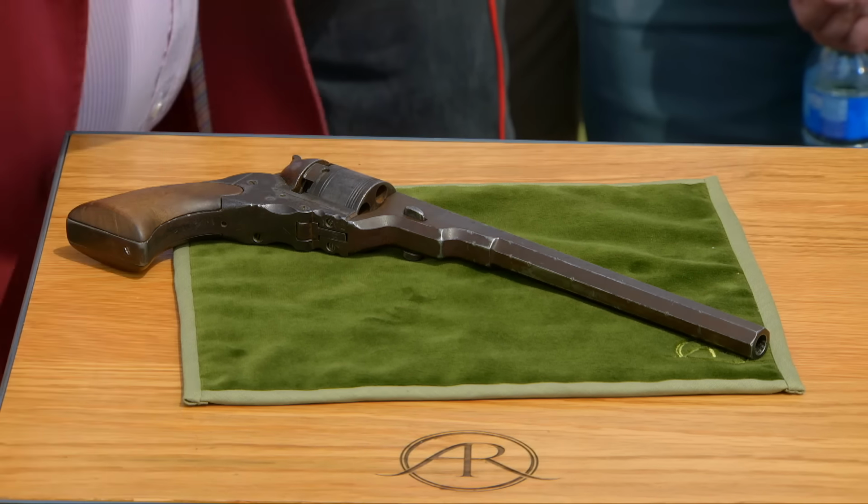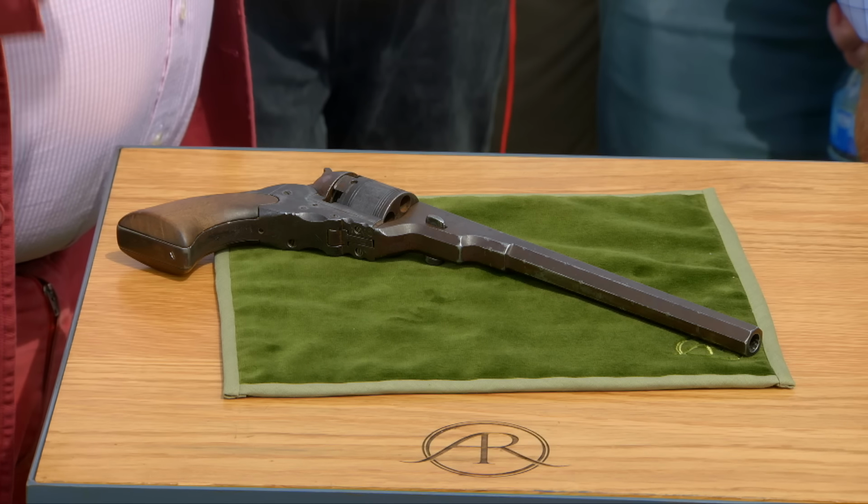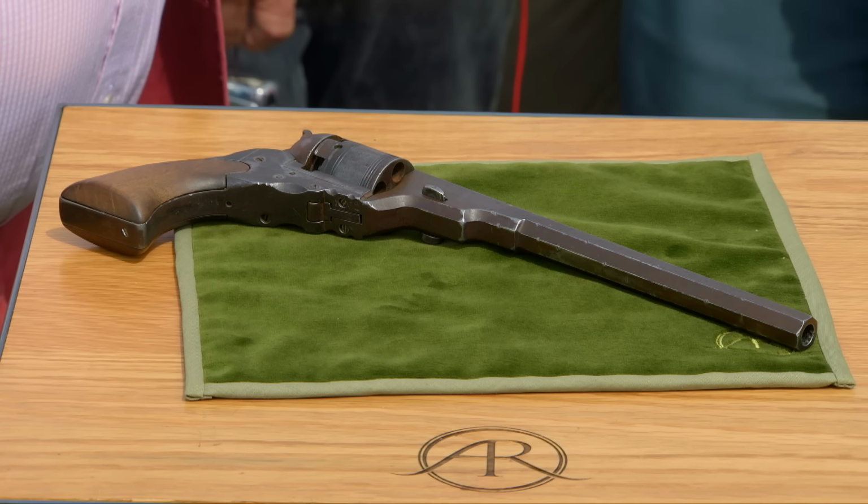Very interesting that you say you're interested in Forsyth and percussion ignition. That's a pressure-sensitive explosive that's hit by a hammer and it flashes and sets the main charge off. Because this is the first firearm that really used tiny percussion caps to produce a repeating effect. And this pistol was made by Sam Colt in Paterson, New Jersey, and his patent was 1836,